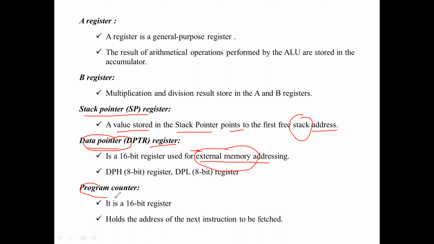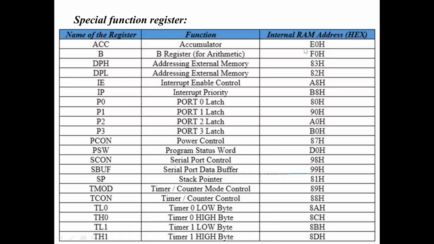And the program counter, I told you, also stores a 16-bit address, which holds the address of the next instruction to be fetched. Even for this, I have given the example also. While executing the present instruction, the program counter will hold the address of the next instruction, that is, the next instruction which is going to be executed by the controller. So if they ask you in a 10 mark question, you must write down all these.